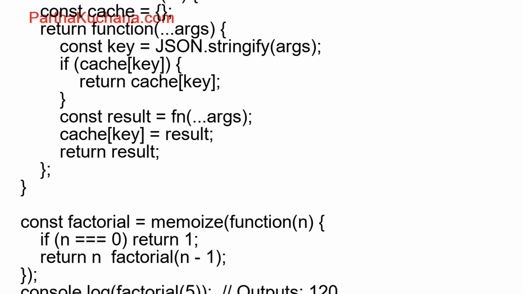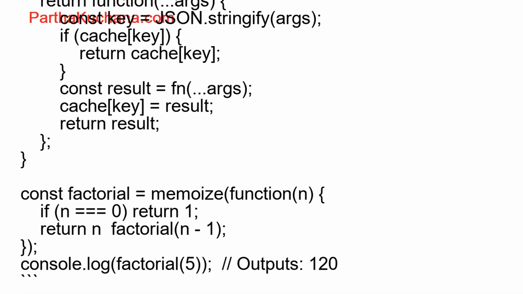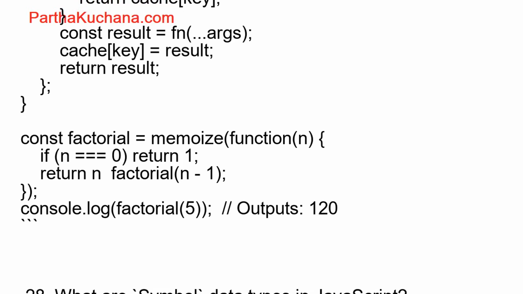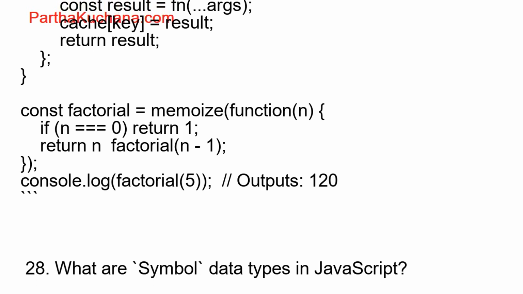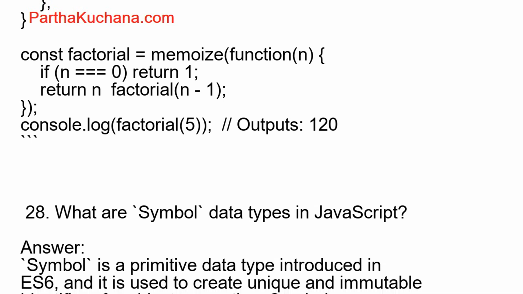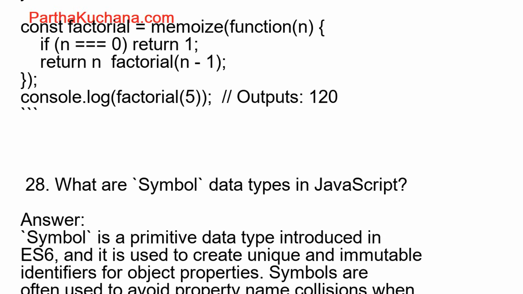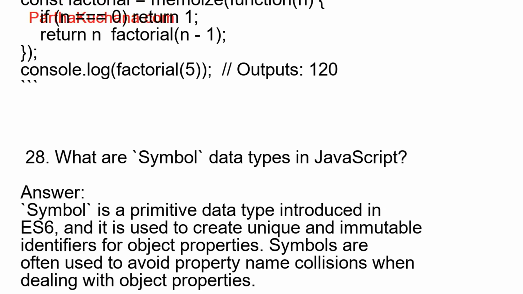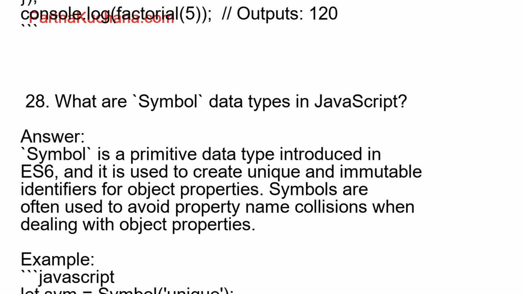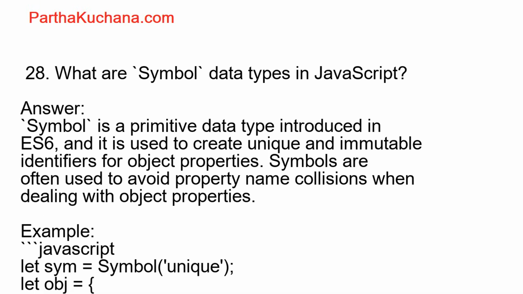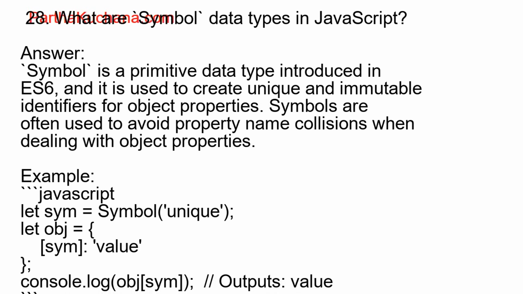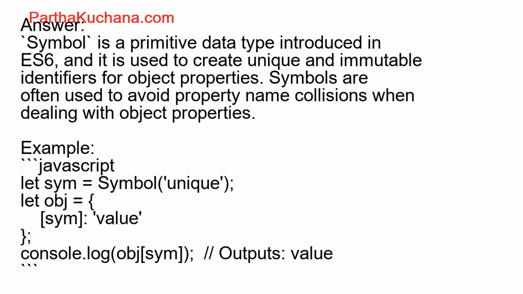29. How do you debounce a function in JavaScript? Answer. Debouncing is a technique that ensures a function is only executed once after a specified amount of time has passed since the last time it was invoked. It's useful for limiting the rate at which a function gets called. Example, JavaScript. function debounce(func, delay) { let timer; return function(...args) { clearTimeout(timer); timer = setTimeout(() => func.apply(this, args), delay); } } window.addEventListener('resize', debounce(() => console.log('resized'), 500));